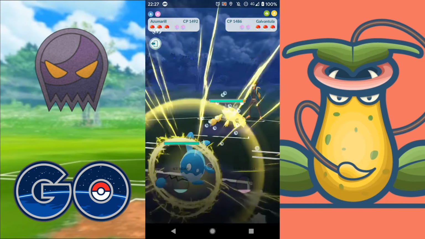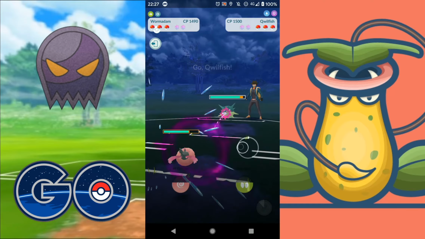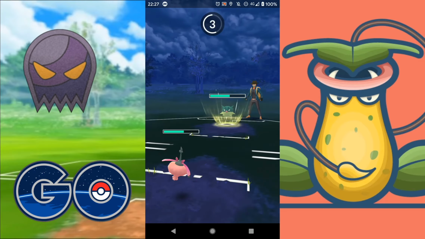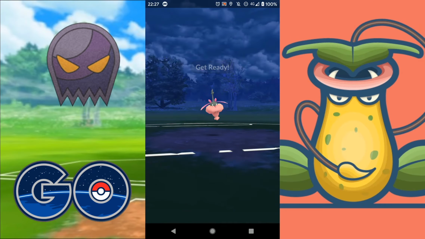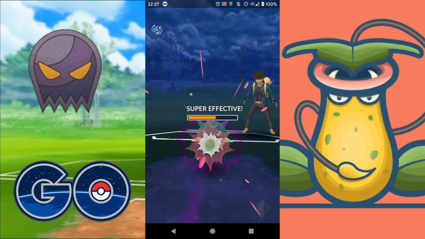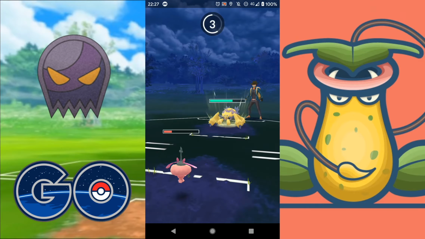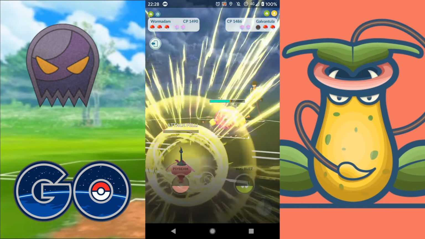Azumarill into Galvantula, horrible lead. They've stored up their energy and then come in with the Qwilfish. So I think this is a mistake on their part. So they probably were just thinking Qwilfish is not so... Well, I mean, Qwilfish is okay against Azumarill if it's running the poison move, and then absolutely one-shot it. I'm going to let this go. Let's see if it is the lunge or a...